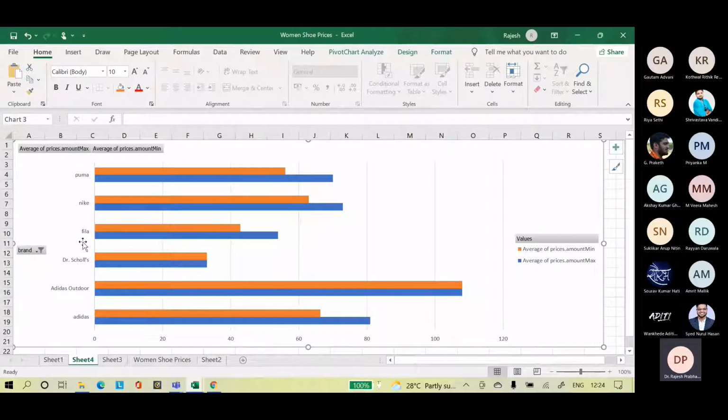So this type of inventory analysis we generally do, and then to clear these units, what you should do is try to find an average price between min and max, and then give an offer and push them into the sale so that people can buy.